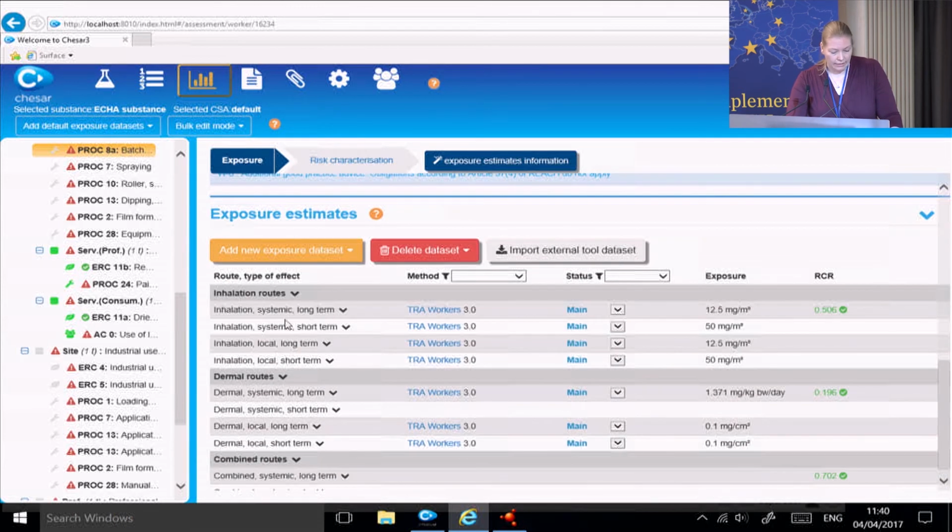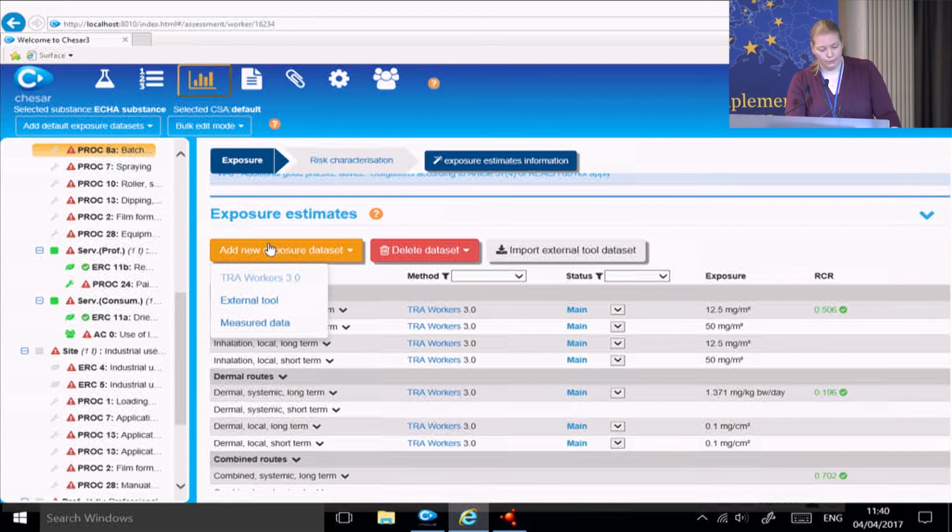You see here, we don't have a releases part for workers and consumers, but we go straight to the exposure estimates. And again, we have the possibility to report not only the standard TRA workers, but also an external tool and measure data. For the external tool, you can either manually report the results of that tool. There is also the possibility to import an external tool dataset, but the export file will need to be available